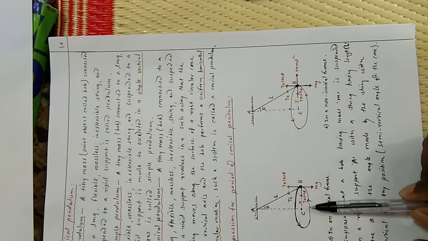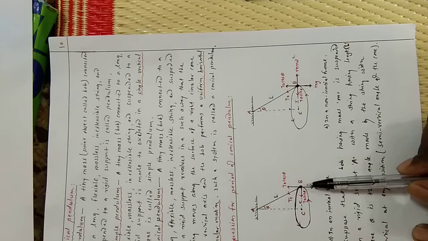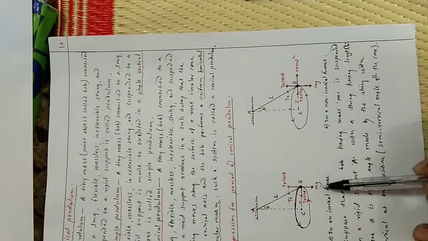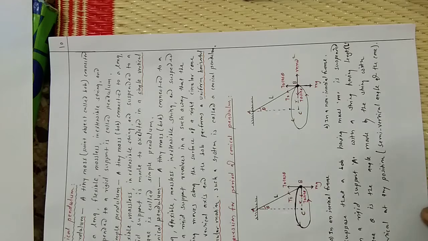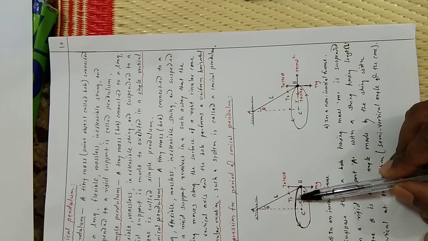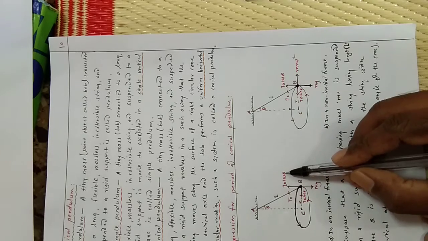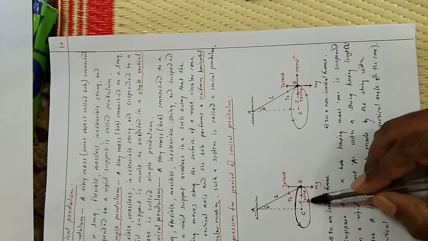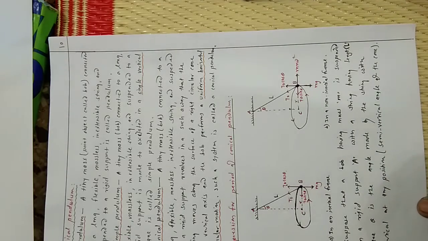This is the rigid support. This is the bob which moves in the anti-clockwise sense. The various forces acting on the bob are its weight mg acting vertically downward and the tension T0 in the string. Now this tension T0 is resolved into two components by trigonometry. The vertical component is T0 cos theta and the horizontal component is T0 sin theta. This is in case of the inertial frame of reference.